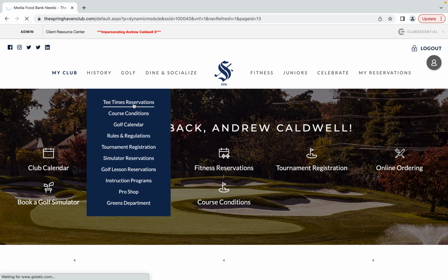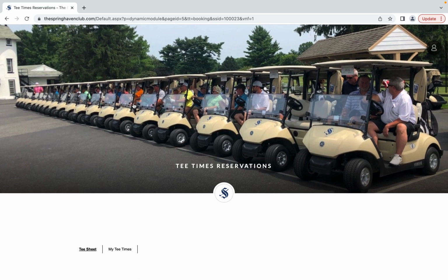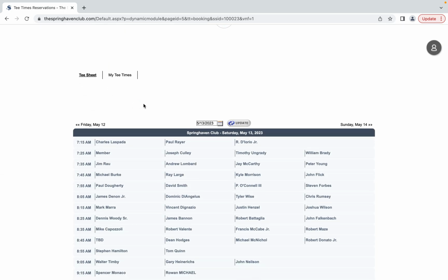And keep in mind, the only days that he's going to be able to book a tee time will be those 5 specific days that I previously mentioned. So this brings him into the tee time reservations window or page. I'm going to simply scroll down briefly until I see this date option here, or this little mini calendar. If I click on the mini calendar, that's going to give me options to select. And again, the 2 days in May that have mandatory tee times are going to be May 20th and May 21st. So I'm going to click on May 20th, and this tee sheet I've opened up ahead of time for